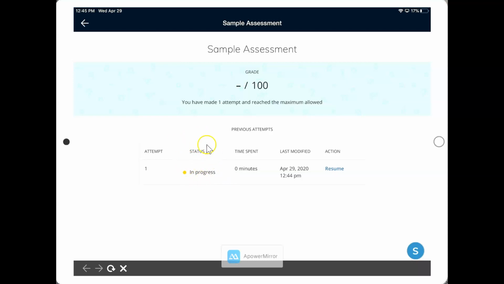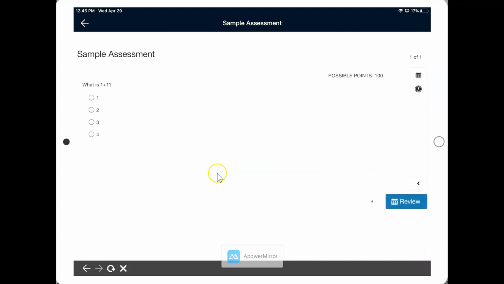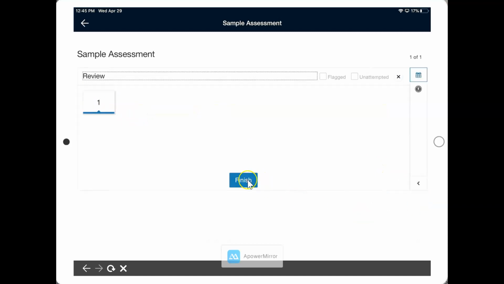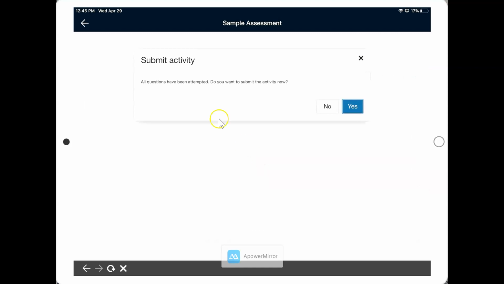Because it's in progress, this means I have not finished. I haven't submitted yet. So I have to click on Resume here. Choose your answer. 1 + 1, I know that one. Click Review, and click Finish. All questions have been attempted. Do you want to submit the activity now? You see that we have the same confirmation screen here. You have to click Submit. You have to do Yes to submit, just like on the quiz. So I click Yes,